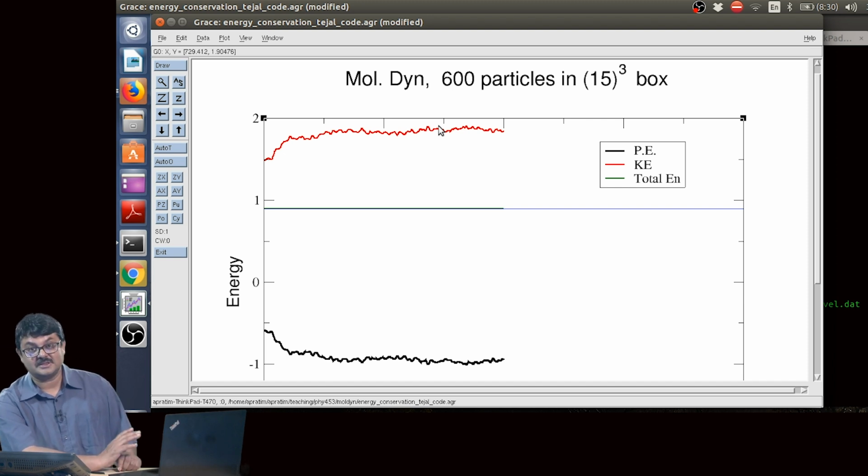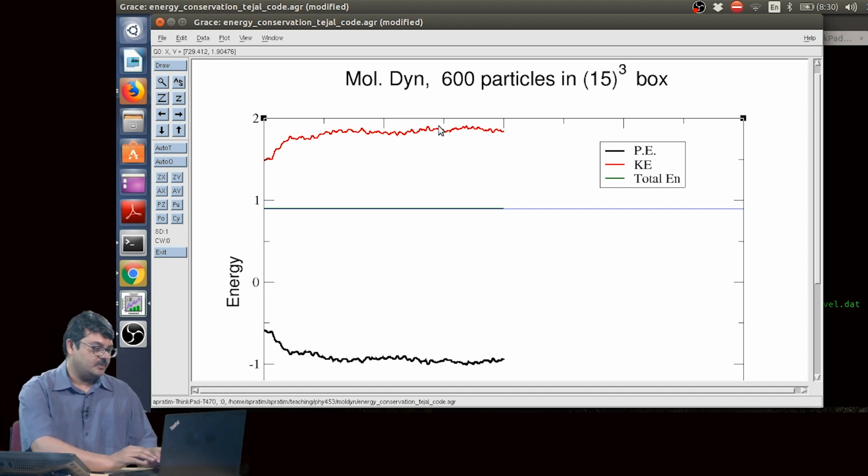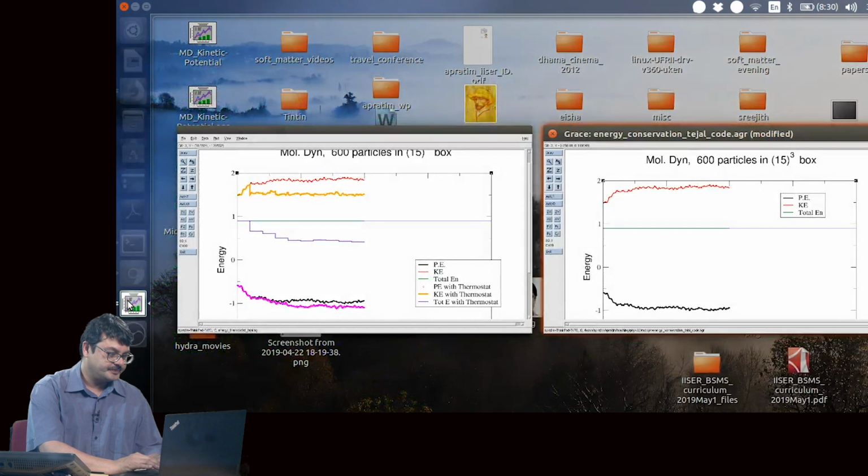You do want to study the system at an appropriate temperature. So, what do you need? You need a thermostat, a way to rescale the velocities by the right amount, so that the average kinetic energy of the system remains at whatever value you want it to be. I will discuss the algorithm of the thermostat soon, but what I have done is